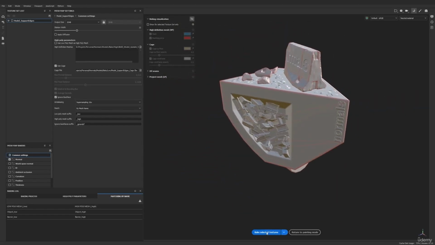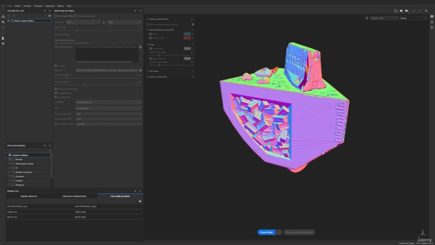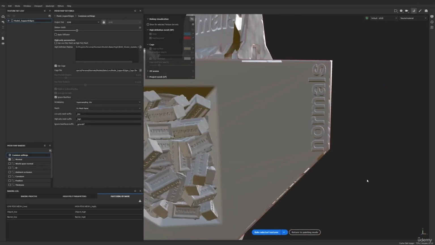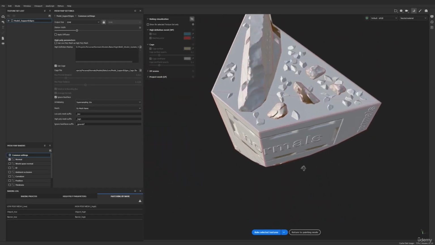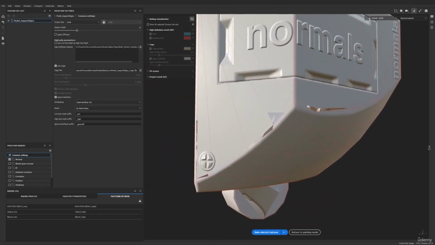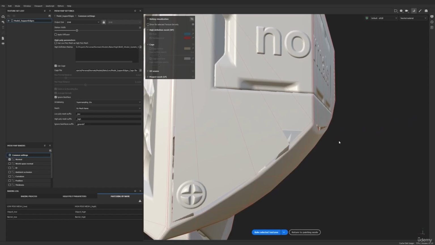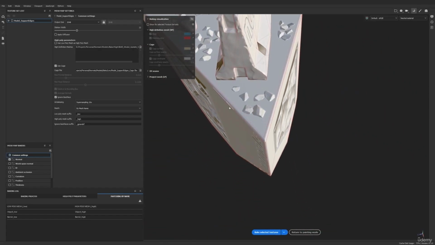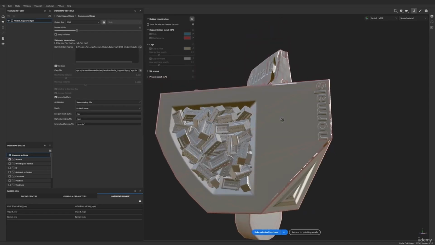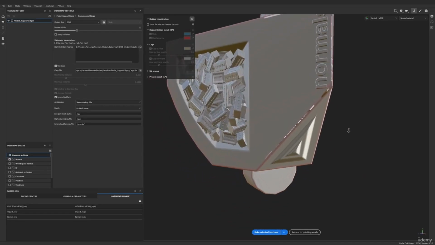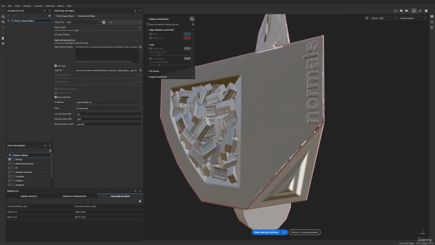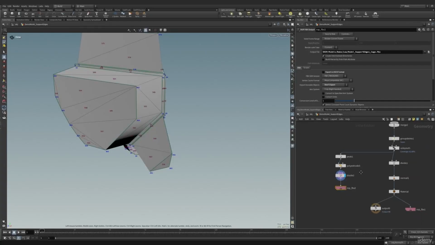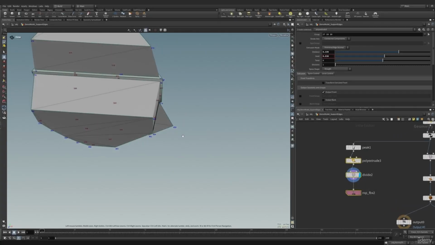Now, if we do a bake, look at this, this is all broken. See how this is all broken over here? Things just start breaking when you build your own cage. You can't get rid of that, and it actually gets worse than this. So what we can do instead